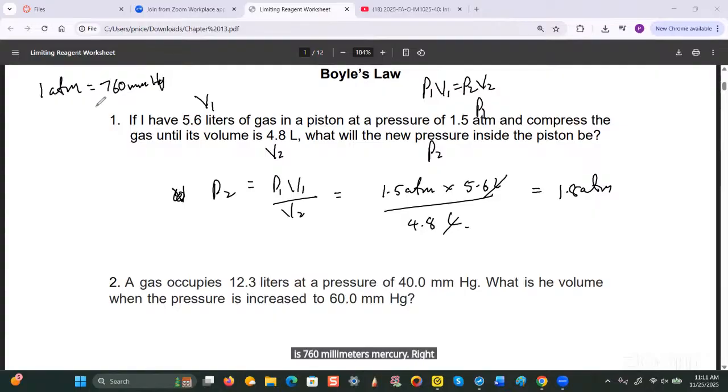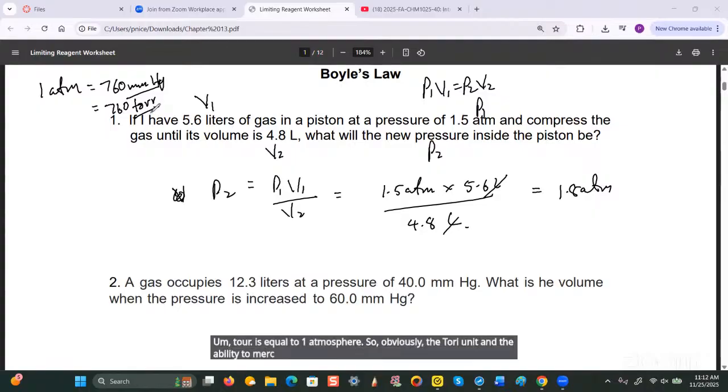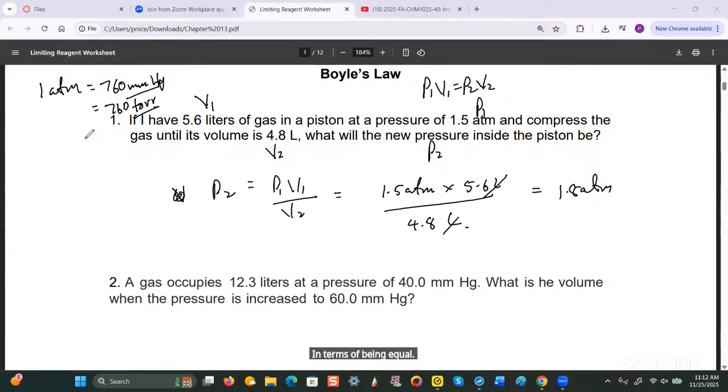And there's another unit known as torr, and the relationship between the atmosphere unit and torr is 760 torr is equal to 1 atmosphere. So obviously, the torr unit and the millimeter mercury unit are both the same in terms of being equal. There's another unit known as a Pascal unit. Let me see if I can squeeze this in right here. So 1 atmosphere is equal to